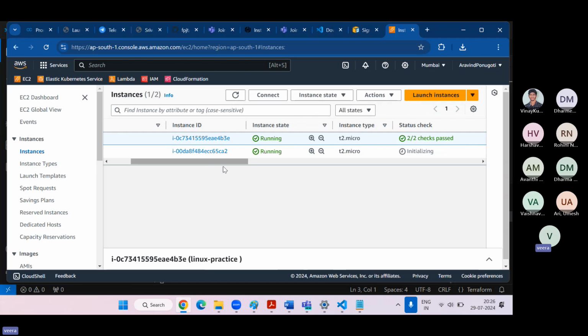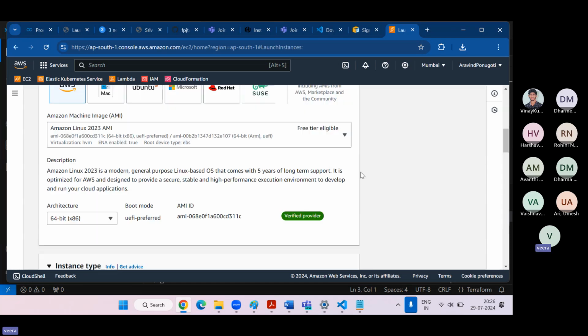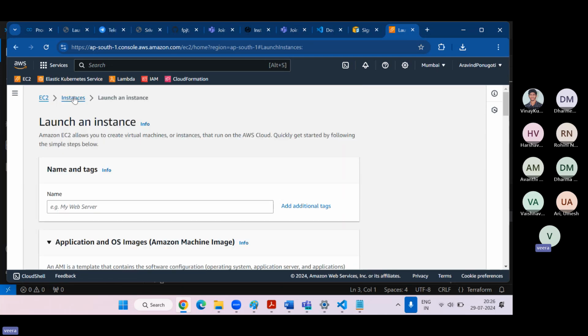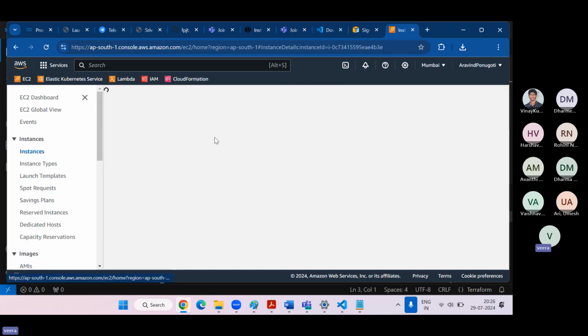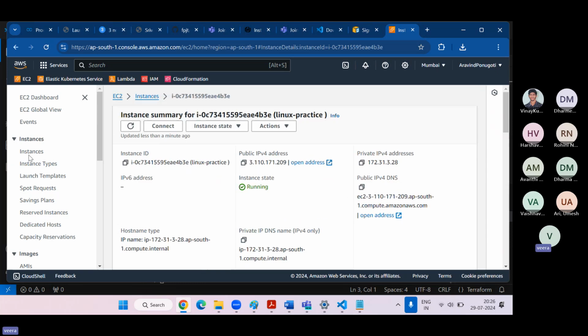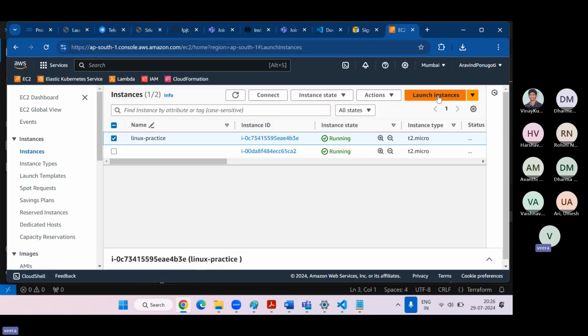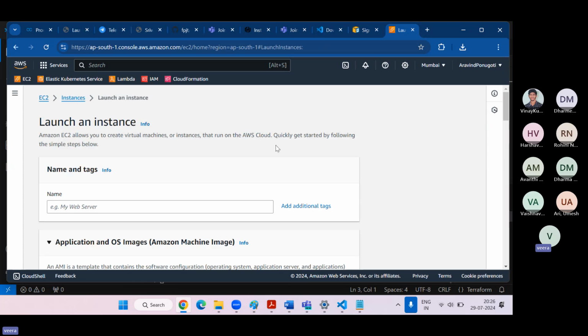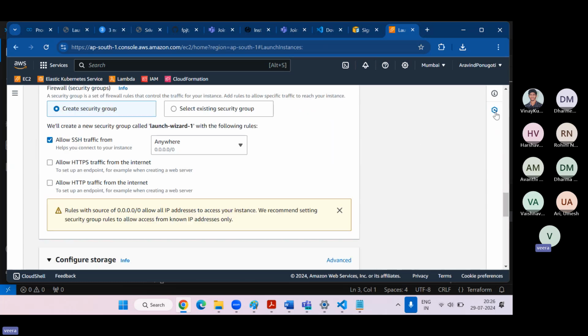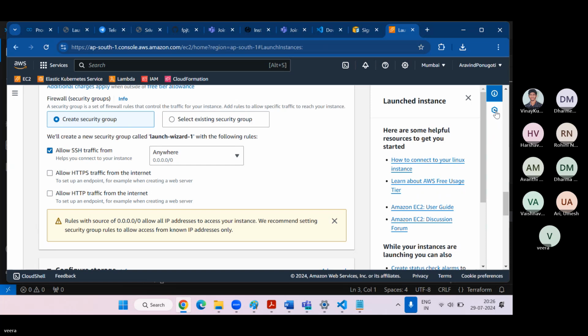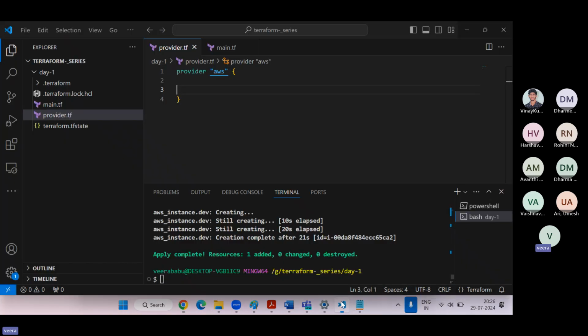In the manual process also, we can create multiple instances by giving the count option. For example, if you want to create a new instance, in the right corner we have a count. We can create multiple instances. Same, if I update count in my Terraform code, I can create multiple instances. Let's go and check now. See, immediately one resource is added, 0 changed, 0 destroyed. It means one resource added, so one instance is created.